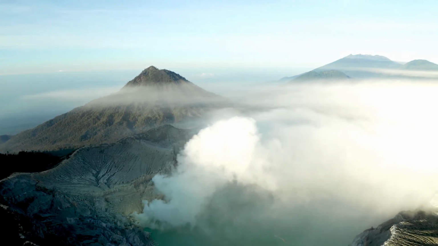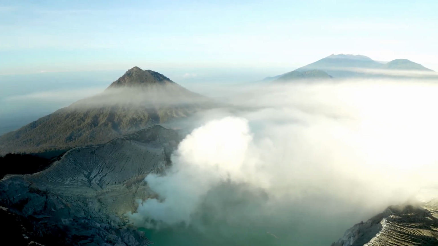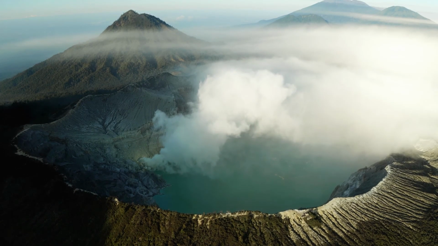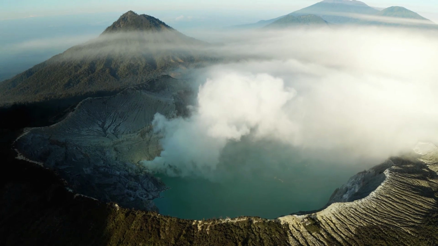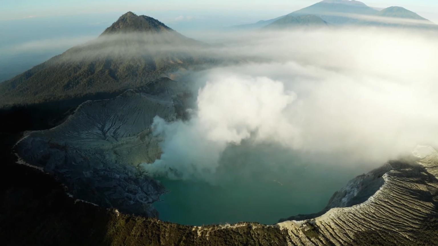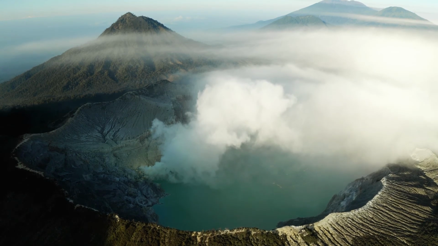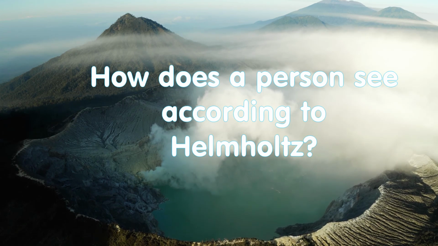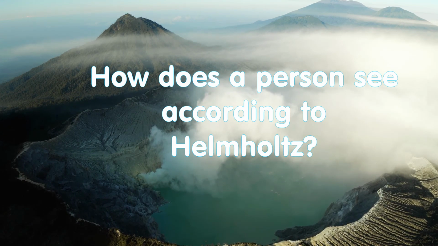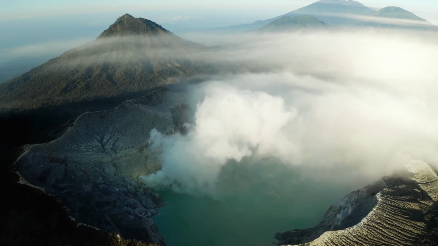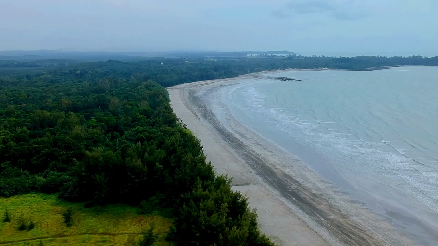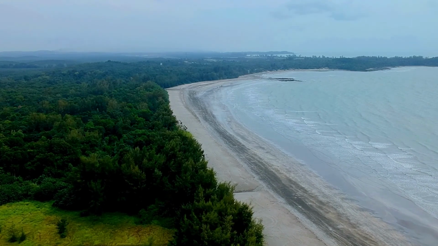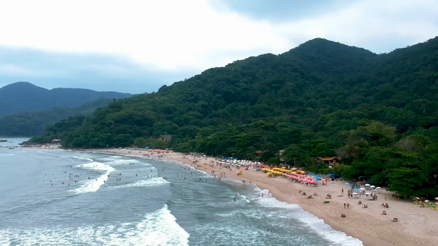About 180 years ago, German physicist and physiologist Hermann Helmholtz suggested that the human eye has the shape of a ball. In the front part there is a lens, a biconvex lens, and around the lens is the so-called circular ciliary muscle. So how does a person see according to Helmholtz? When the ciliary muscle is relaxed, the lens is flat. The focus of the lens is on the retina, and such a relaxed eye with a flat lens perfectly sees